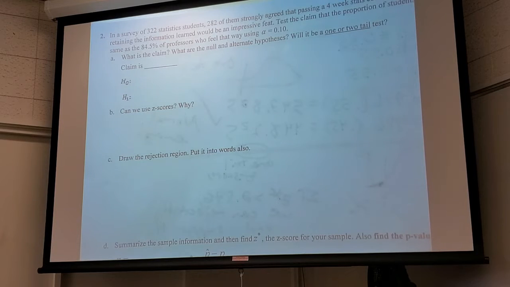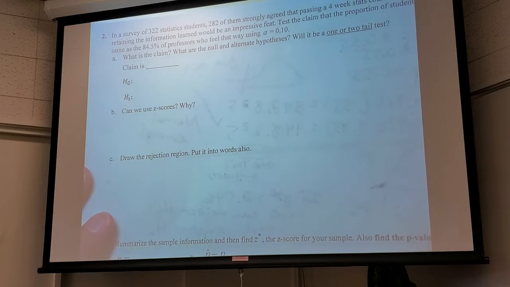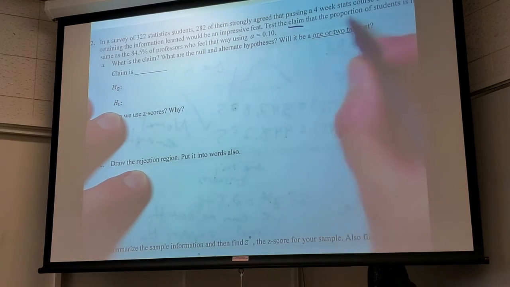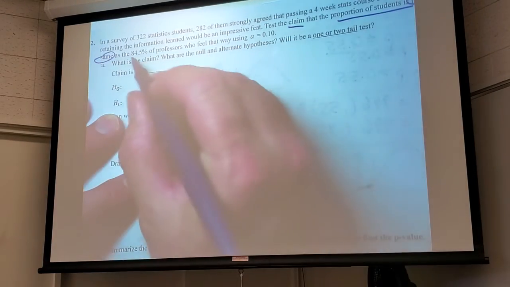All right, who's got that? Who's found the claim? They're not using a code word or anything. They actually use the word claim. So, what's the claim? At most 55% of Chicago residents. No. We did that one already. Sorry, Maddie. Oh, wait, which one? We're doing the other side. Oh. No worries. Yeah, so the claim is right here, of course. That's the claim that the proportion is not the same as 84.5%.